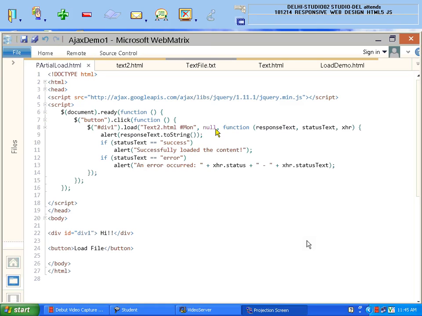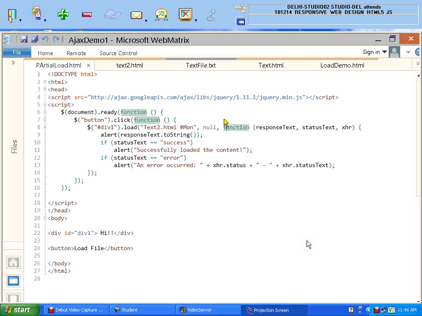If you do not write anything over here and just write like this, this is also fine. It will work. I was writing this one just to give the clear picture, because in that constructor I displayed 3 different parameters. If I am not writing anything, it again means null. And when I am using this one, jQuery will automatically presume that this is the third parameter, which is that function I was talking about. So this is that function.